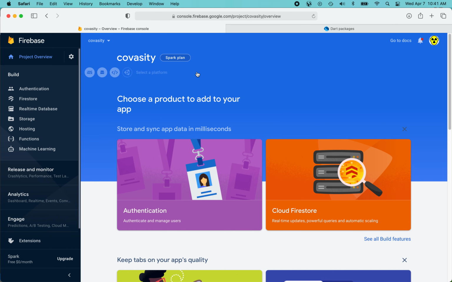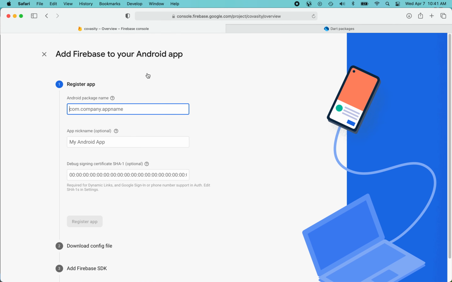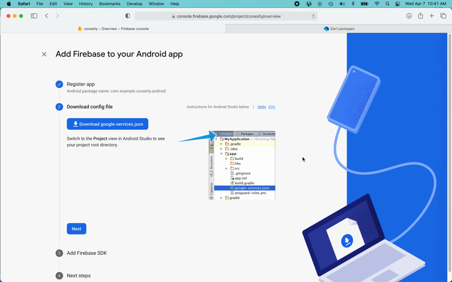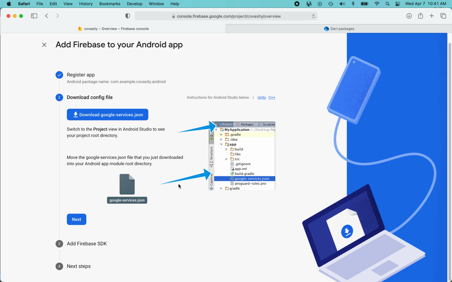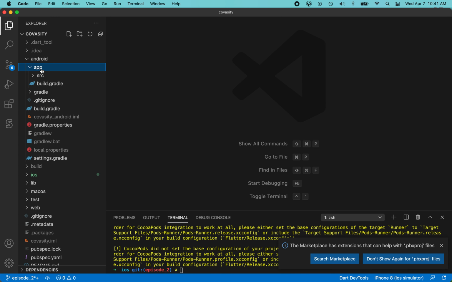So we click back over to here, add an app. Click on that. What do we call it again? example.covacity.android. Click on register app. Again, they give us a downloadable file. We will bring that in. And in this case, it's going to go into the Android app directory. So we've got Android and app,